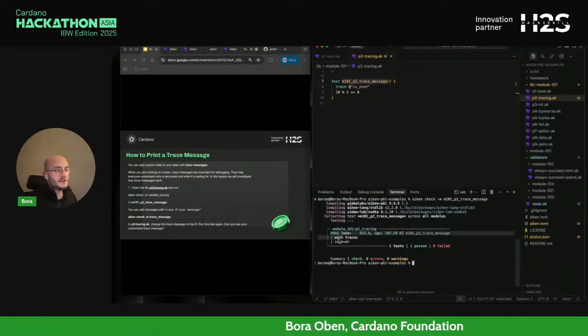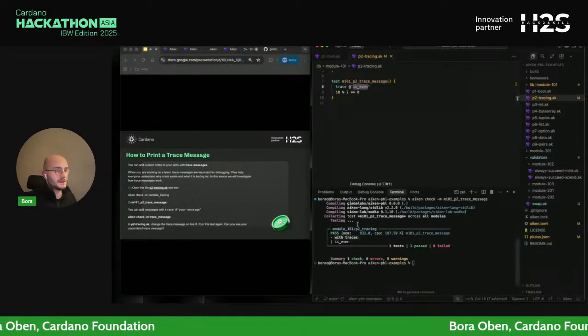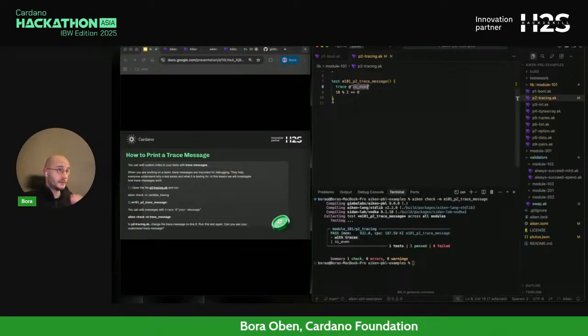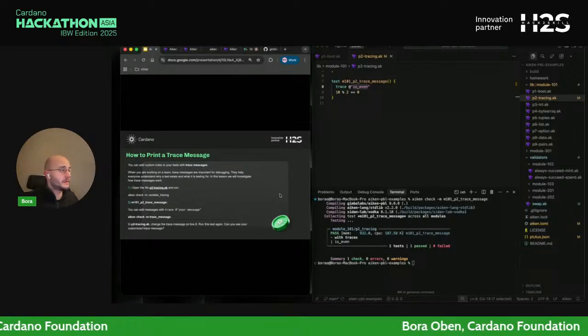As you can see, it is passing, and it's stating that with traces is even. So this trace is just outputting whatever you want to output at that point of execution while you're debugging. It's kind of your console log, if you think about it.